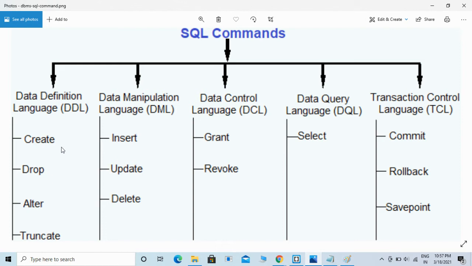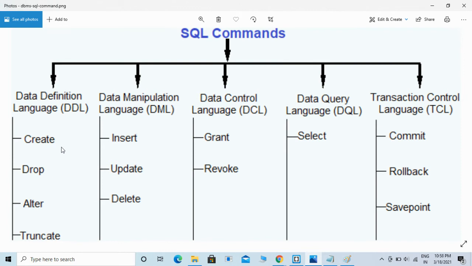The alter command is used to alter the structure of the database. Truncate is used to remove all the records from a table or a view, including all the spaces allocated to those records.